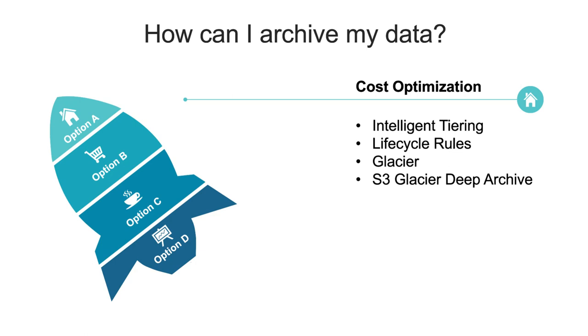So that's the difference. Now we can put the data into these two by using either life cycle rules, where I say that after these many days the data should go to Glacier, then it should go to Glacier Deep Archive. Or another way is intelligent tiering. Intelligent tiering is an option that we can select, and what is happening in the background is AWS will manage when the data should go to archive, when it should go to deep archive. It's an AI enabled service. It keeps a track of how frequently the data is getting used, and based on that it keeps on moving the data to different layers. Like there are different storage classes in S3.